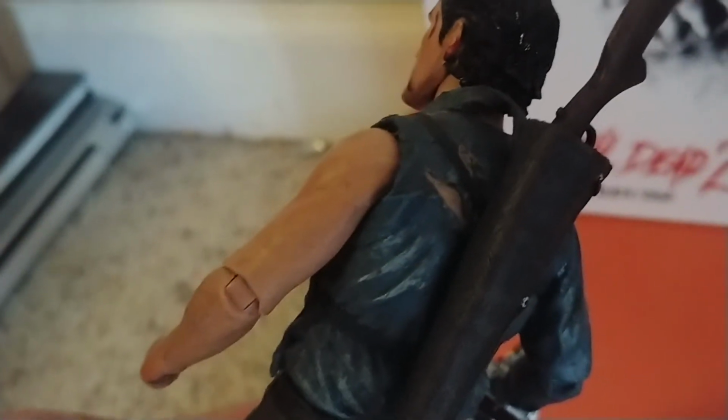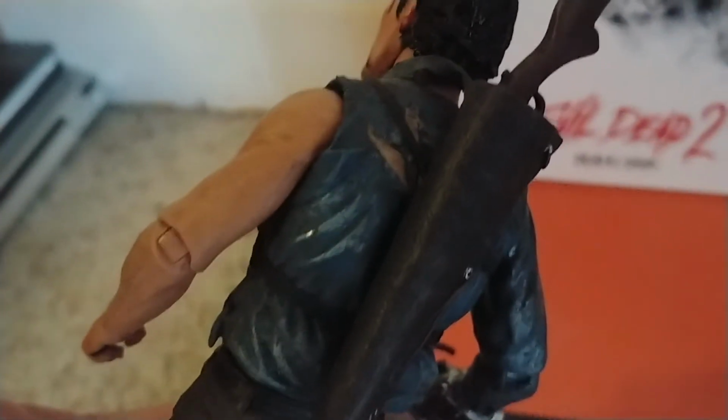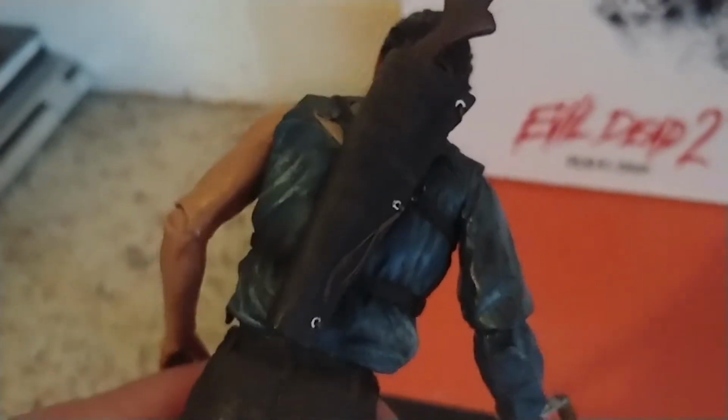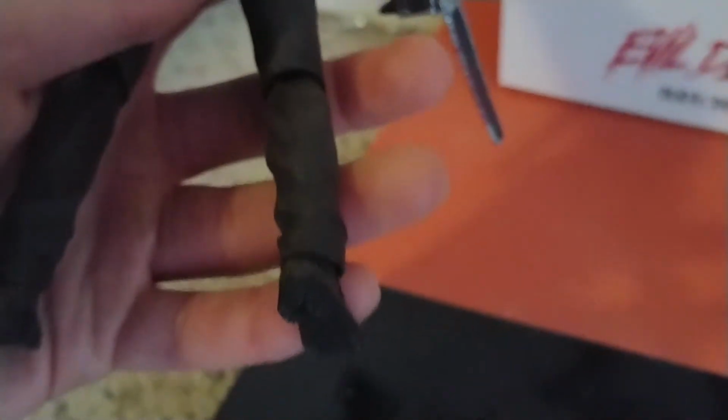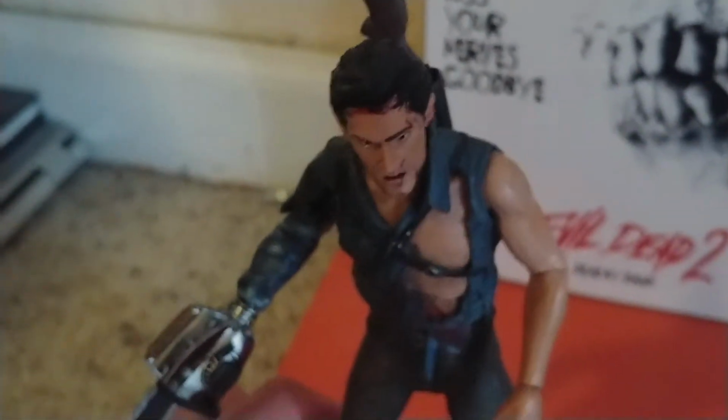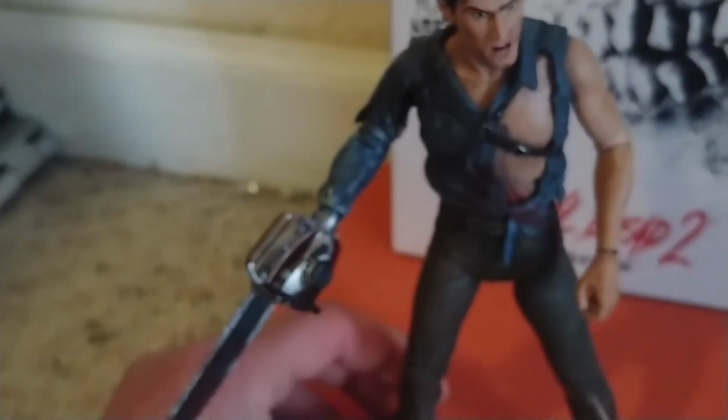This skin tone doesn't really match the rest of him, which is unfortunate. But obviously, it's not the same. It's probably sculpted in blue plastic, and they probably painted over it. That's the only real noticeable area where the paint isn't the greatest. Other than that, everything matches up and everything works well. That Ash Williams butt there. I got the straps for his holster for his sawed off, and then